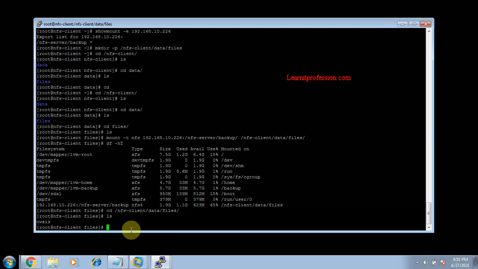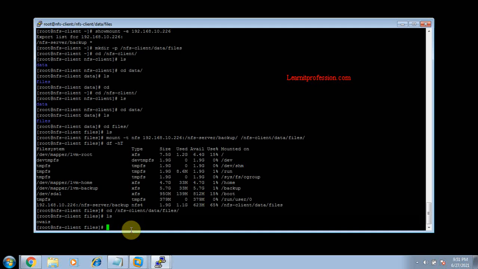Also you can edit the file because you gave the complete permission. You can set the permissions on it, or otherwise I will give you another video related to file permissions and other permissions.